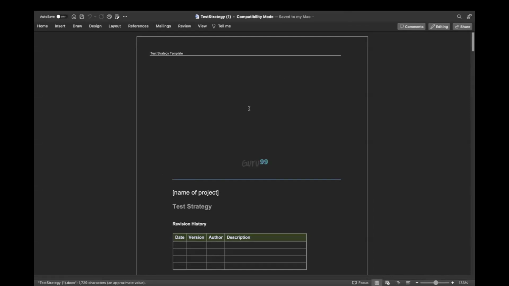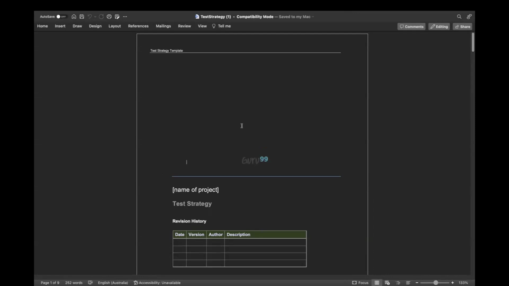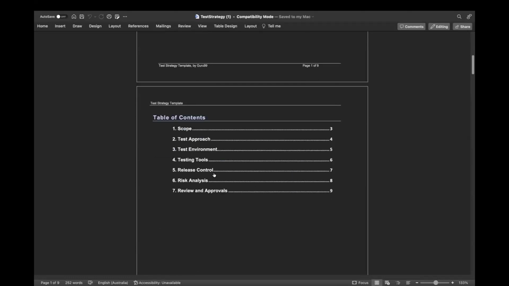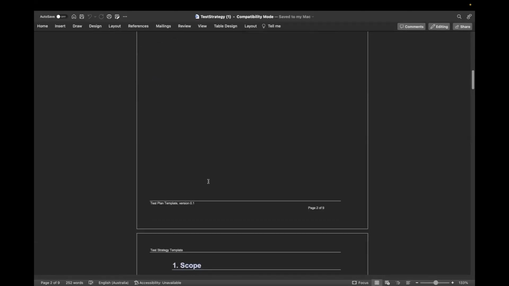Okay, so this is an example of a test strategy template. With this one as well, you have the name of the project, and it is a test strategy. You have your revision history: the date, the version, the author, the description. You have your table of contents: the scope, the test approach, the test environment, testing tools, release controls, risk analysis, reviews and approval.